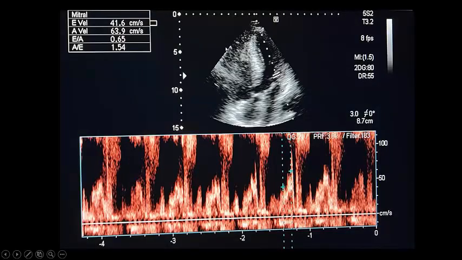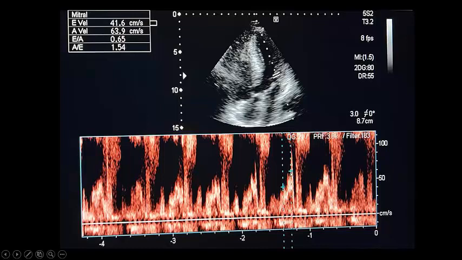In acute pulmonary embolism, it is a type of obstructive shock. So, if you obstruct the blood flow from the right side, you will expect left side flow to be low. And as we see here, if you put the pulsed wave Doppler at the tip of the mitral valve, you will expect low flow because of this obstruction, and we get here grade 1 diastolic dysfunction